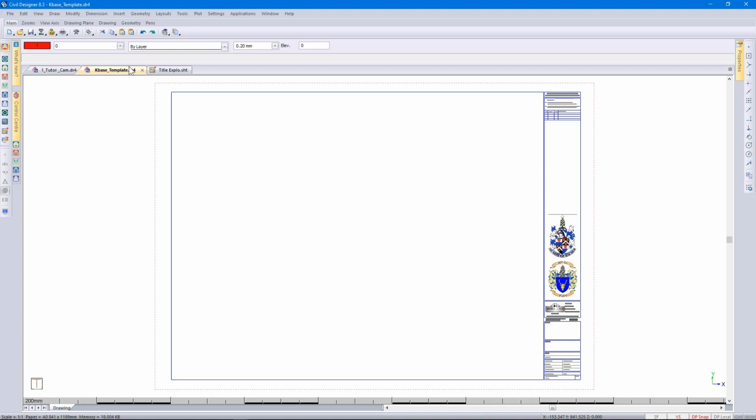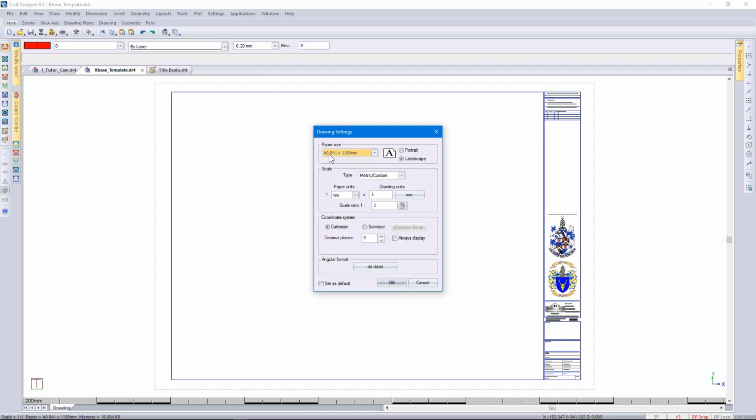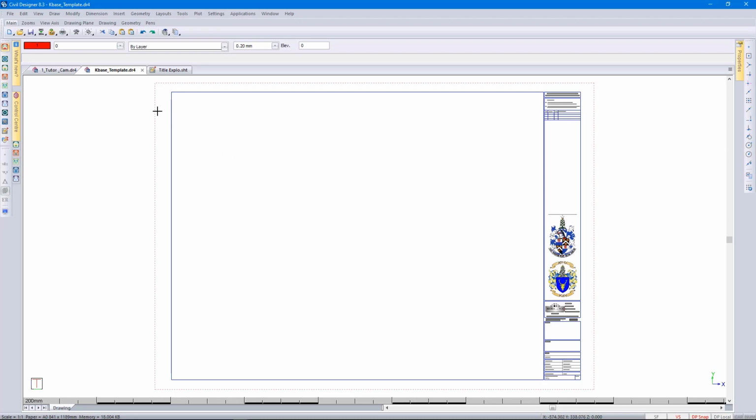If you do bring in your title block, you preferably want the settings to be the following. A0, though I know some guys prefer setting it up for an A1 if you're only going to be plotting on an A1 format. You've got millimeters, you've got scale 1:1, and it's a Cartesian coordinate system. With that in place, you can actually just import that drawing into your sheet file. So going back to the sheet file,